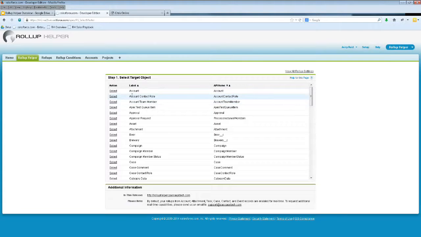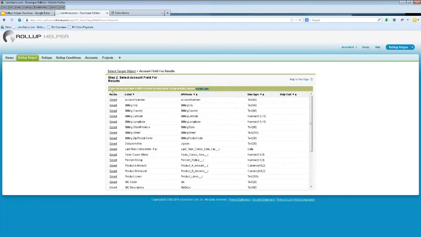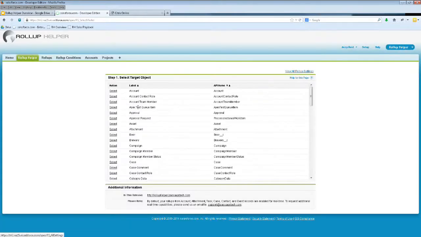But on step one, where you're selecting the target object, in this case, we want to update account information. So I'm going to go ahead and select the account object here. And also, before I move any further, if I go back to that select target object page, that first step